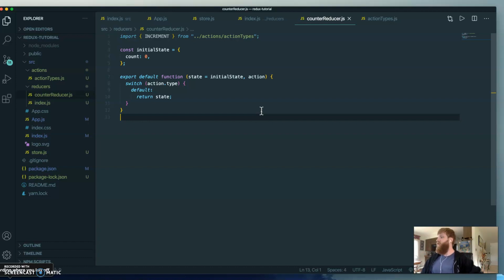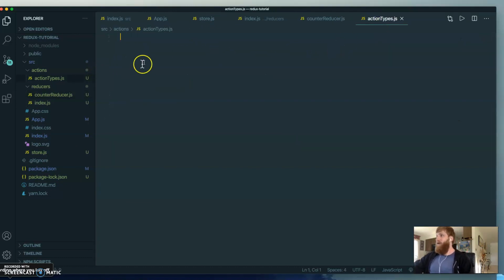So this is just to prevent having a typo, and if you change the name of one of your actions, you're only going to have to change it in one place, the place where the variables exist, the variable file. As opposed to coming in and changing it for every switch statement and every action creator you had. So let's go to this action types file we created, and in here